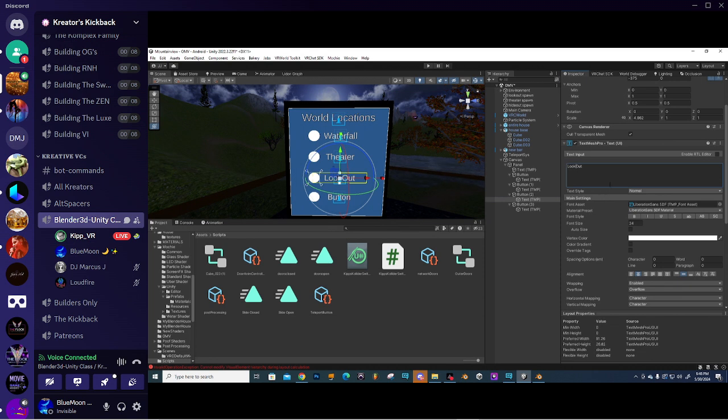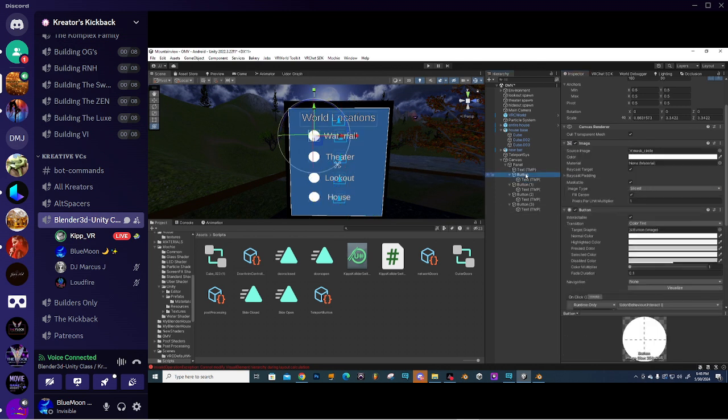Lookout. And this one will be house. All right. So now for this button here, the waterfall, we're going to take the hideout spawn button